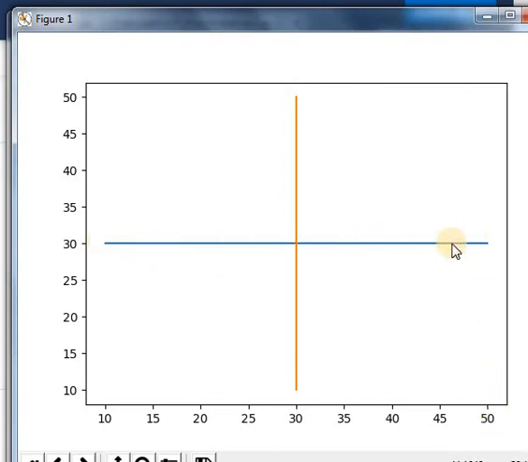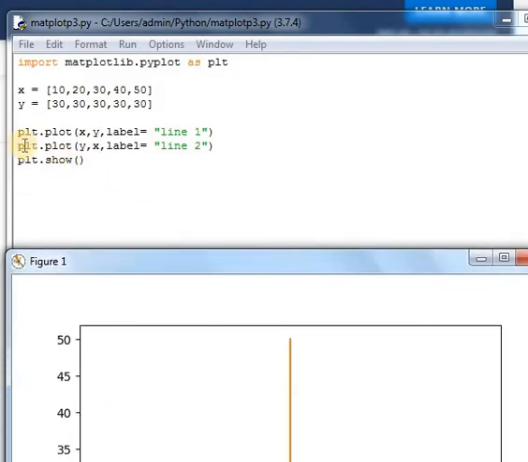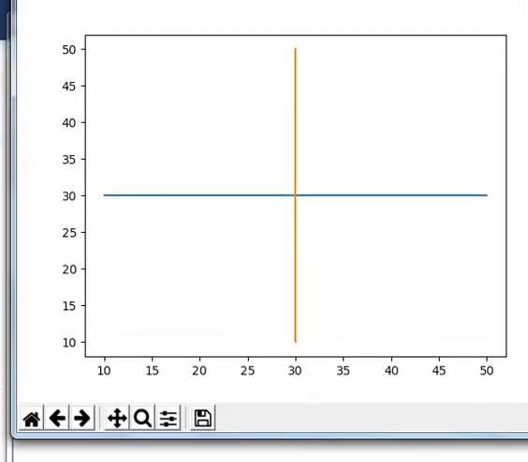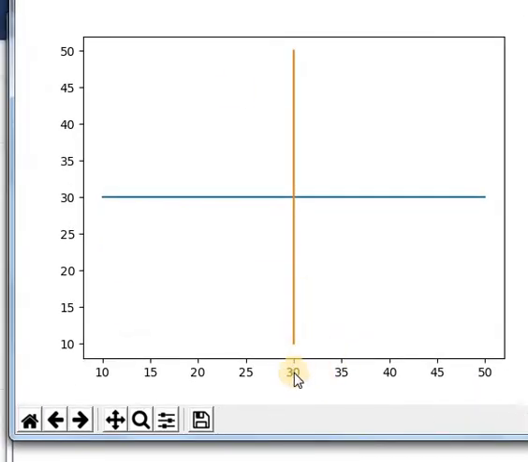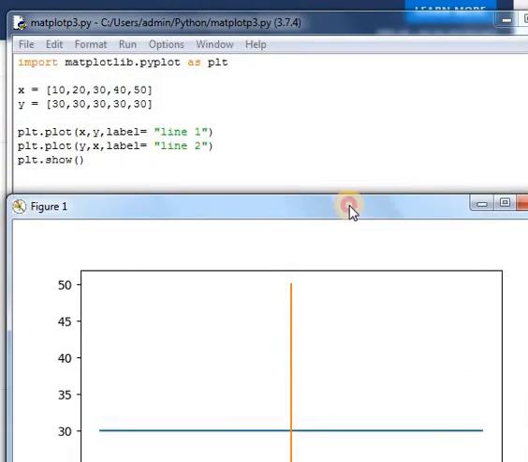So the blue line represents line 1. What is the second line that I am giving? plt.plot y comma x, that means the y list has been considered as the x-axis. So on the x-axis, the first value is 30, and then the y values 10, 20, 30, 40 and 50. So we can also create more than one line in Python by using the plot function.